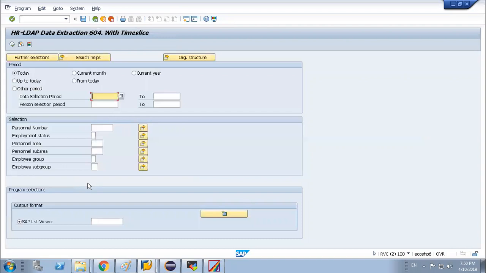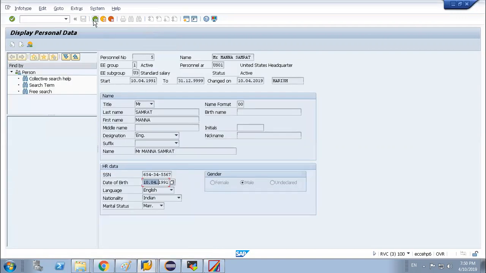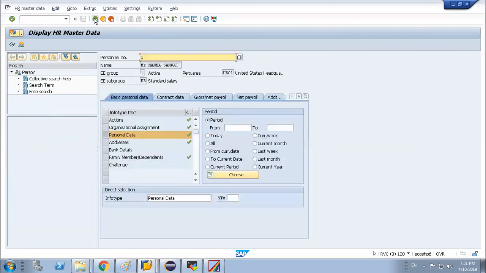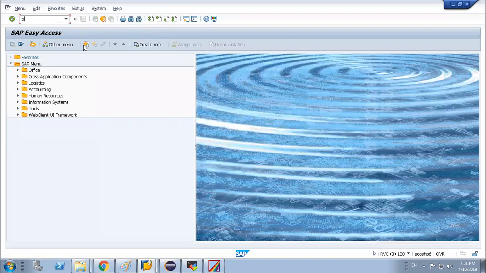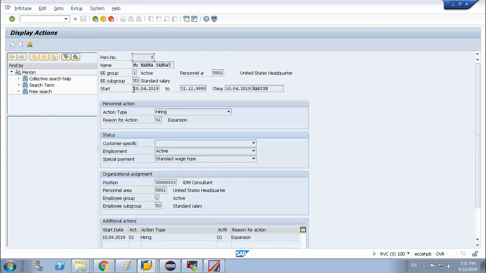Once I execute, you will have two areas. One is which period you want to execute the data for. By default, it is today, meaning whenever the user will start, today's date. If you go back, sorry, the user start date, if you go to the action, the user start date is yesterday's date.